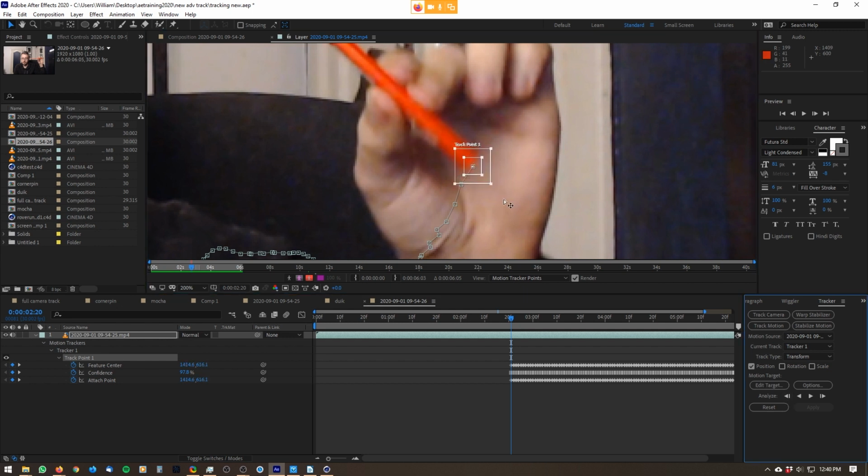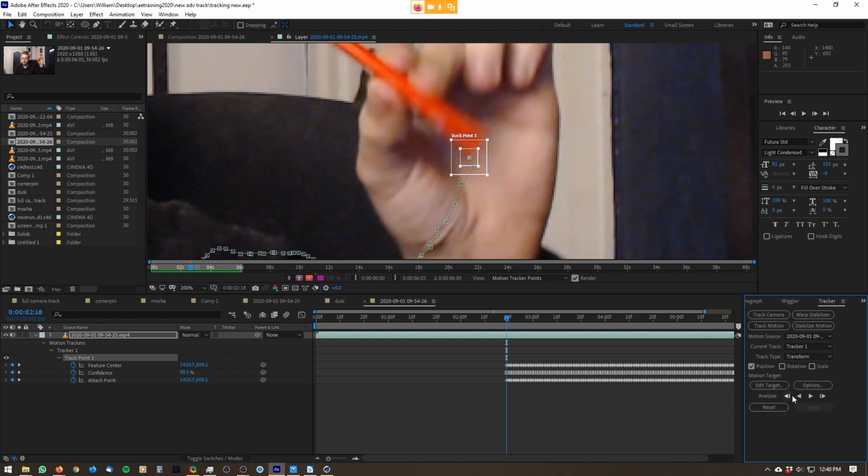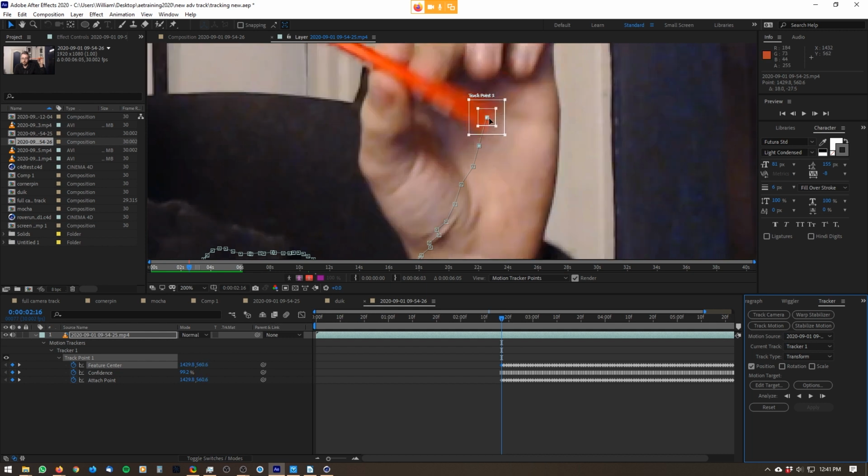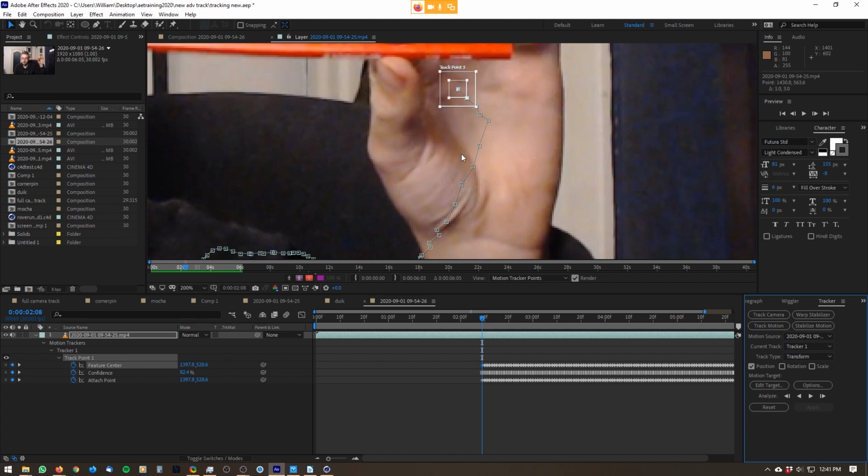So you would have to sort of then do it frame by frame until you can get to a point where it will identify. So I'm just doing the analyze one frame backwards. You can do this forwards. I'm just doing it backwards because that's just randomly where I had the cursor on for the video. So it's still a lot quicker than it would be to do this frame by frame manually to move an object and animate keyframes. But it's just because I have poor footage over here that I have to do this. So really my tip to you is make your footage good in the first place so you don't have to fix it and do all this manual stuff, because it kind of defeats the point. So I'm going to stop there. I'm not going to do the entire set of stuff, but I just wanted to show you what to do